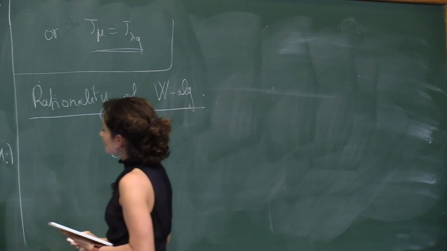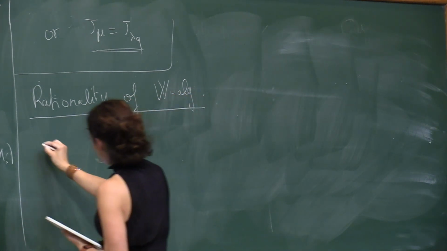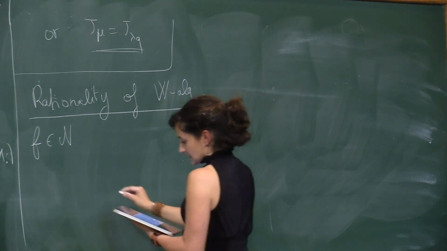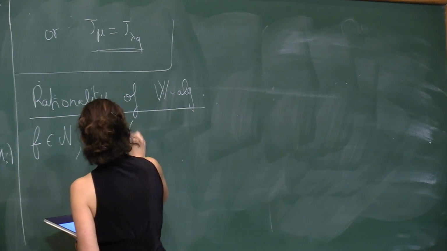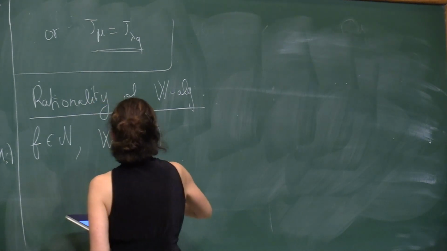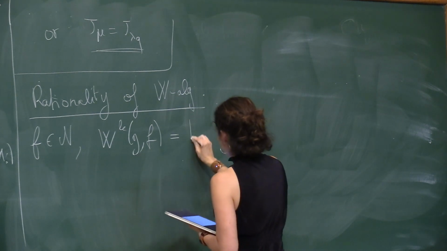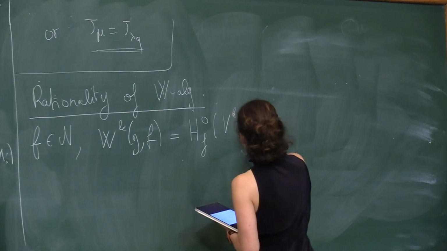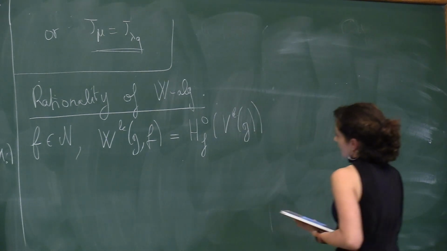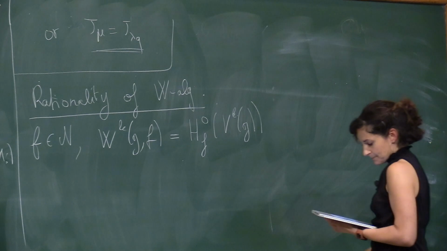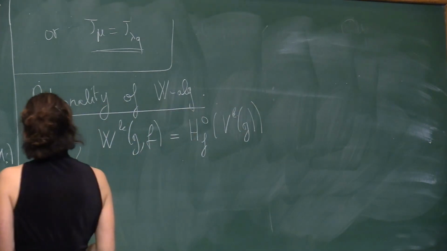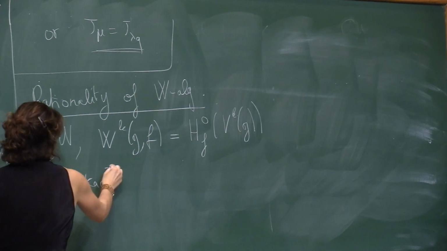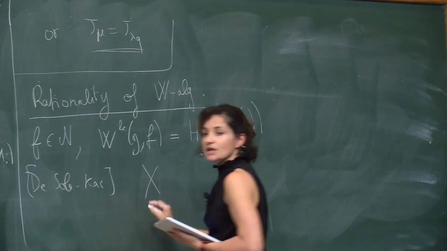All right, so here I keep Drazen's notation. So I pick a nilpotent element F, and then I denote by W^k(g, F) the corresponding universal W-algebra, which is obtained by BRST reduction from the universal affine vertex algebra. And so here, by a result of De Sole and Kac, we know that the associated variety